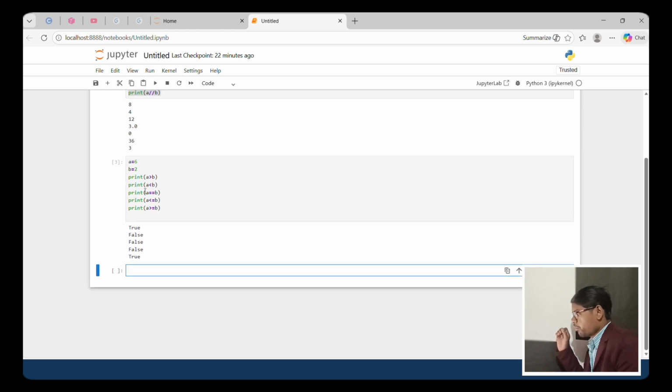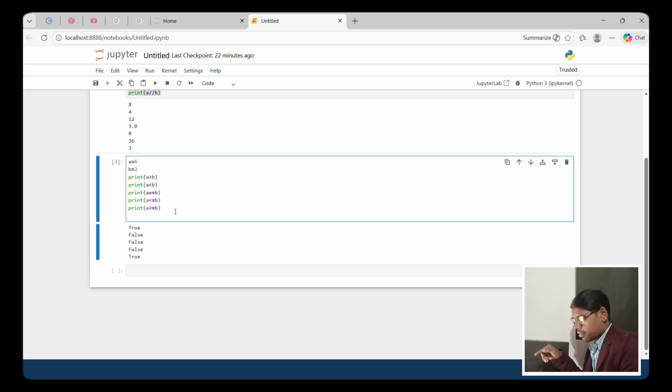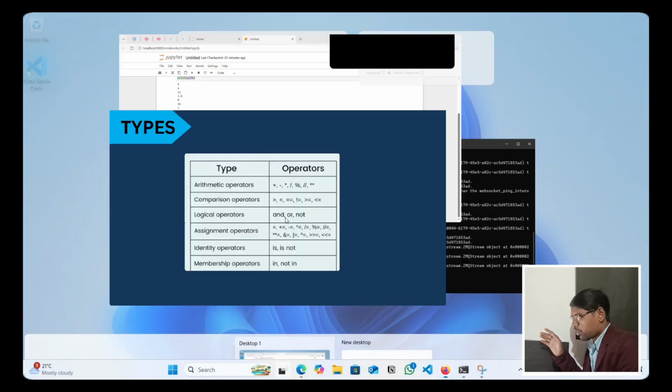And this. Okay, first, A greater, yes, true. Okay, second, A less, no, false. Okay, it takes the values true and false. Okay, and this is equal, no, false. A less, no. Okay, and A is greater, yes, true. Okay, this performs these operations.